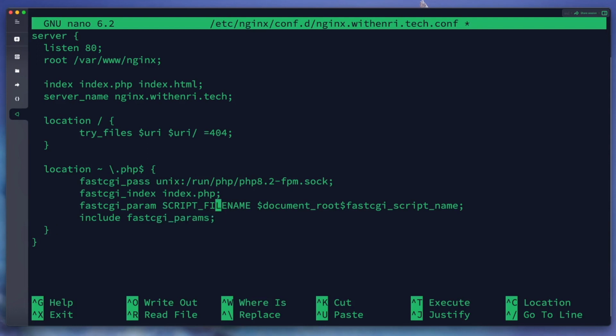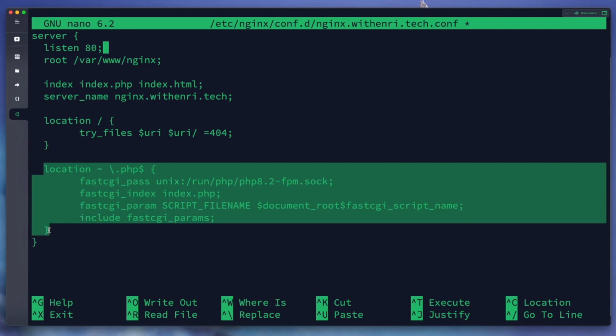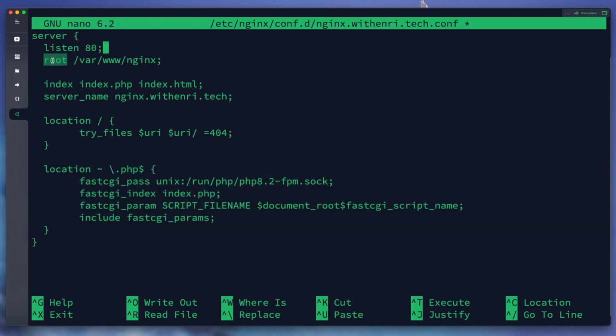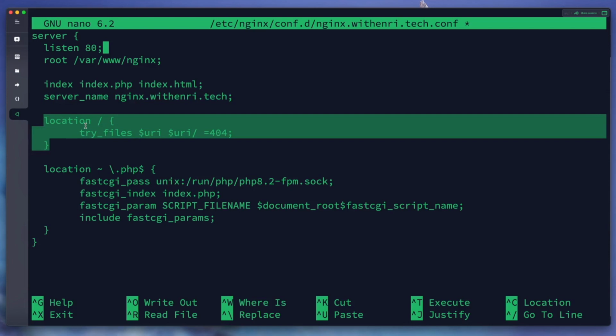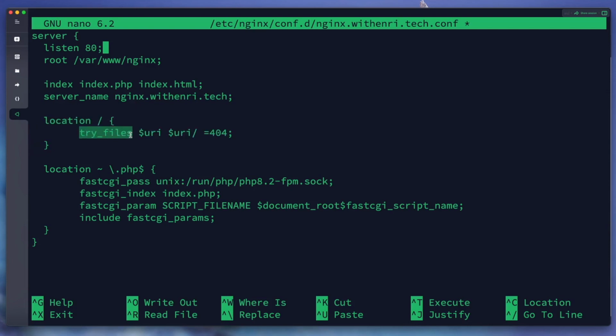Okay, this is the default one, or the simplest one, for an nginx server block, and we add another block for PHP files to test our server later. The first one is listen, and the second one is root, index file, server name, because we enter the domain name for the server. If we have no domain, or for the default one, we can enter underscore. And next is location for the root directory. The server will try to search for a file in $uri, the requested file name or requested directory, or will return 404